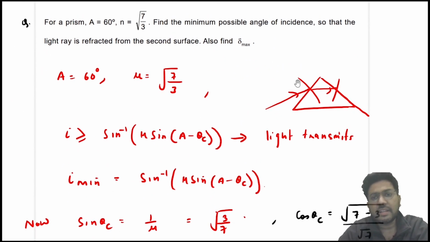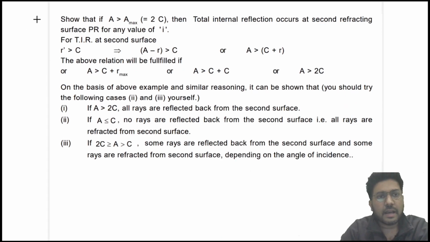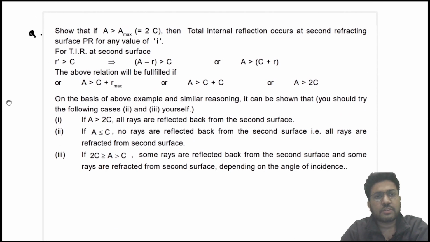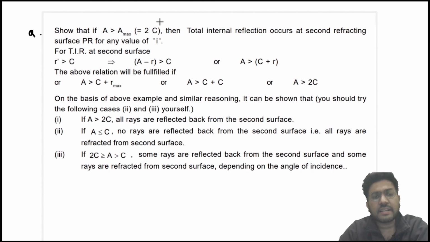If I is 30 degrees here, then there is grazing emergence. If I is greater than 30 degrees, then light will emerge. If I is less than 30 degrees, light will reflect. Okay. Now in this question it is given that show that if A is greater than 2 theta c,